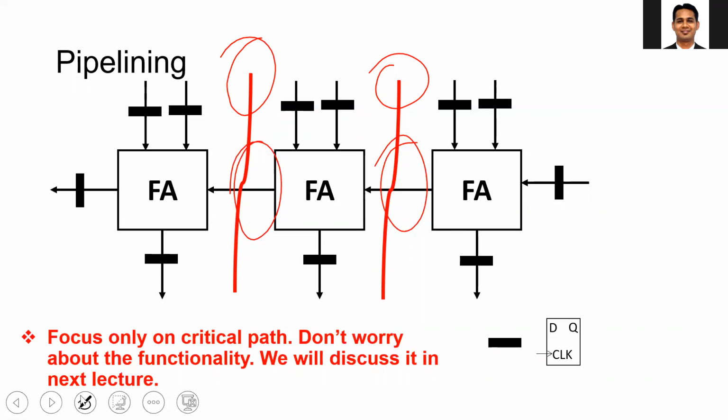Okay, so as of now, I have covered whatever you need for the lab part. Make sure that you complete this circuit and you understand the importance of pipelining. I'll also suggest that after you complete the circuit for the 3-bit, you also play around with the 5-bit and 6-bit, and see the difference between the 6-bit unpipelined circuit and the 6-bit pipelined circuit. You will see a significant difference in performance.